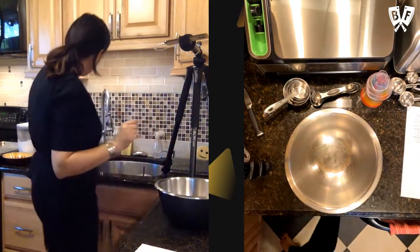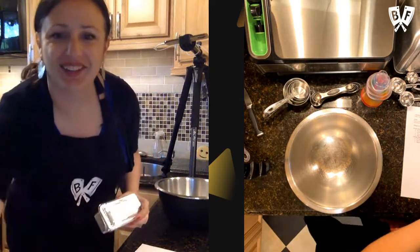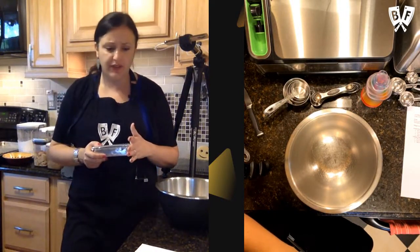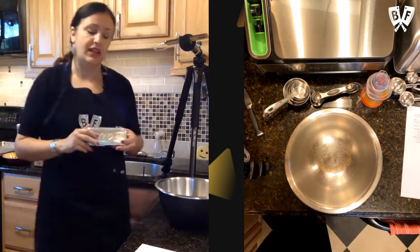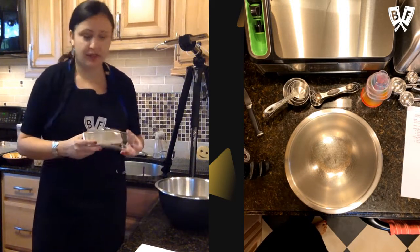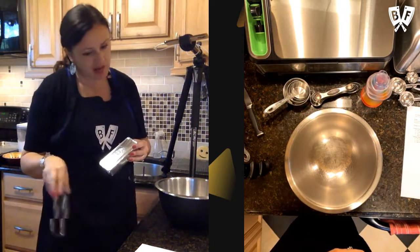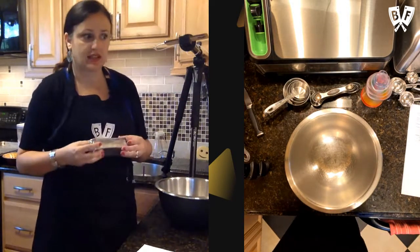A couple things to note. Somebody had asked me when I posted the recipe. Hi, Jennifer. Someone had asked me about using non-dairy milk. I'm pretty sure it would work fine. It's only 3 tablespoons of milk, so I feel like if you subbed peanut milk, or any dairy-free milk, it should be all right. But definitely let me know if you try it. There's an egg in it, but aside from the milk and the egg, it's plant-based